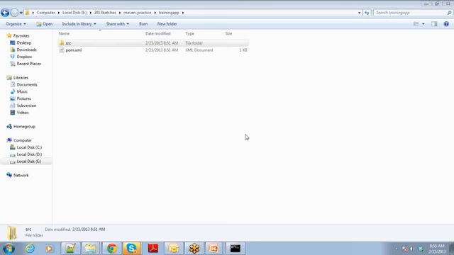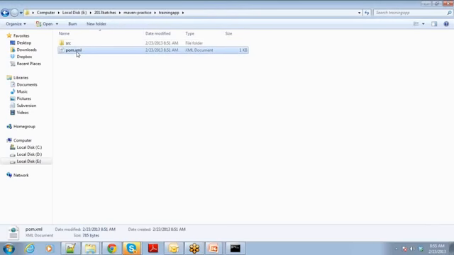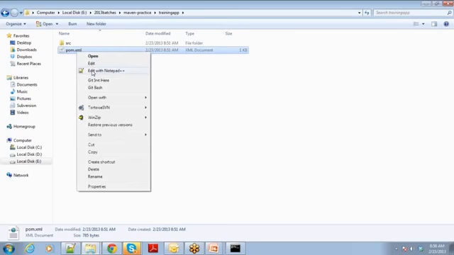The heart of any Maven execution lies in a file called pom.xml that you see on the screen. Maven automatically generates a pom.xml for each archetype. You see archetype 251, for that template it generates a pom.xml. You tell 501, it generates a project structure along with a pom.xml. You tell 700, it generates the source code structure for that archetype and along with it the required pom.xml. It is in this pom.xml where all information related to compilation, building, dependencies, deployment, everything will be stored. So let me open that pom.xml.